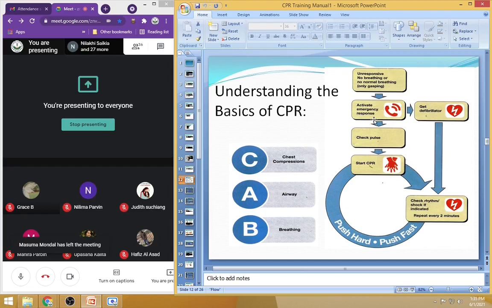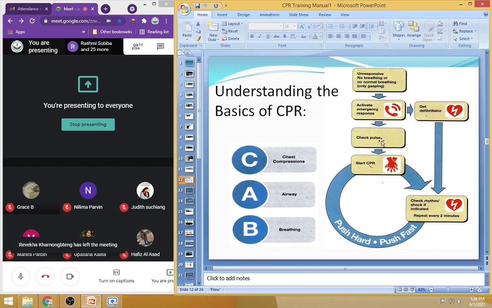But I'll tell you what that is. Emergency response means we have to call. Suppose you saw someone falling down, and suddenly in front of you someone collapsed. Nowadays we all have our phone with us, so you will just pick up your phone and call someone for help and tell that person to bring a defibrillator or something like that. The helpers, whoever you manage, you try to take the help.